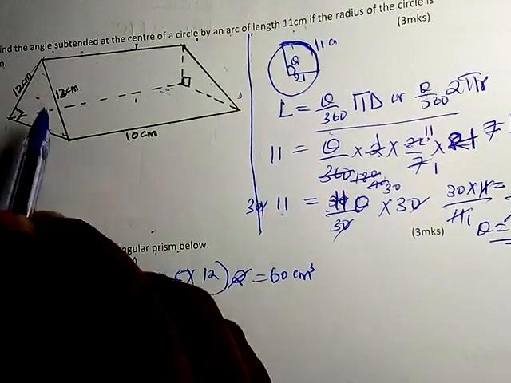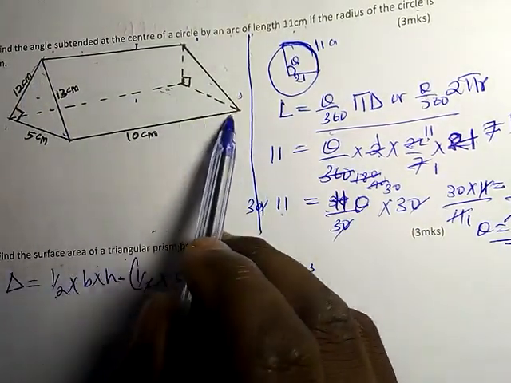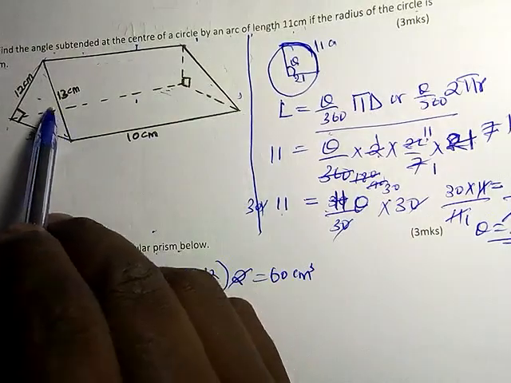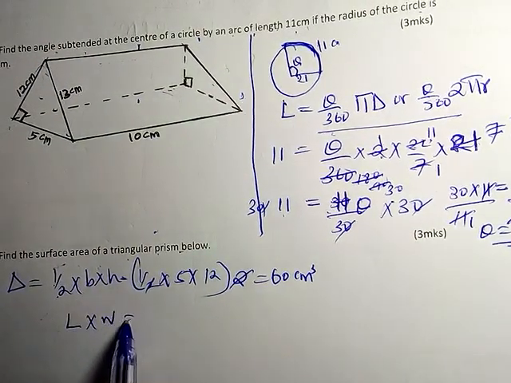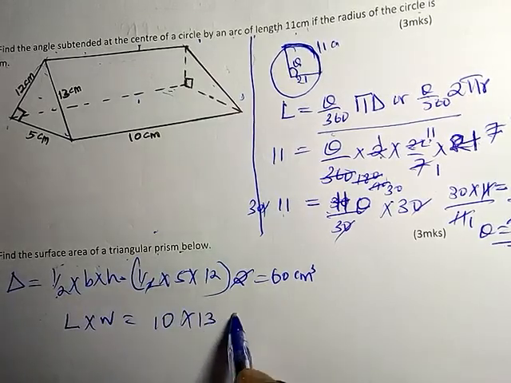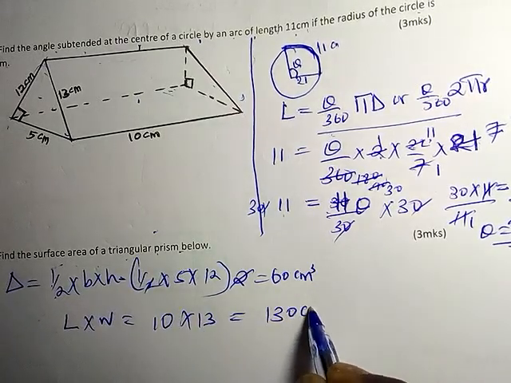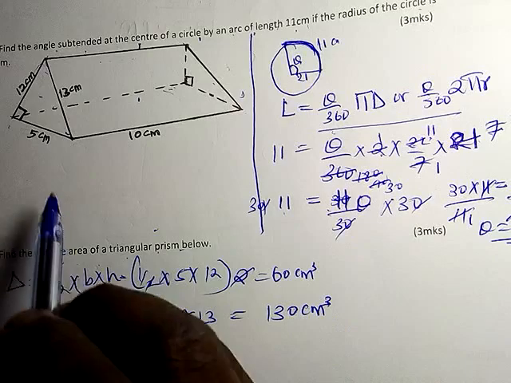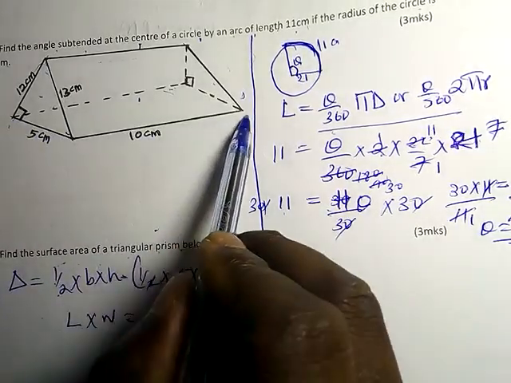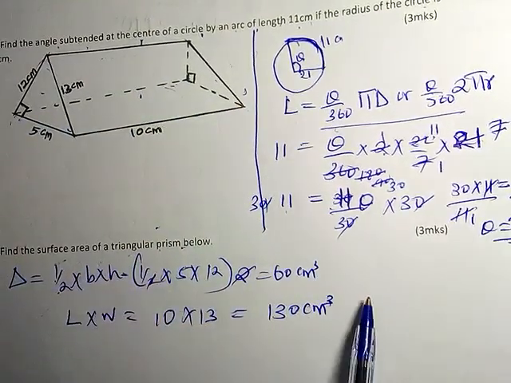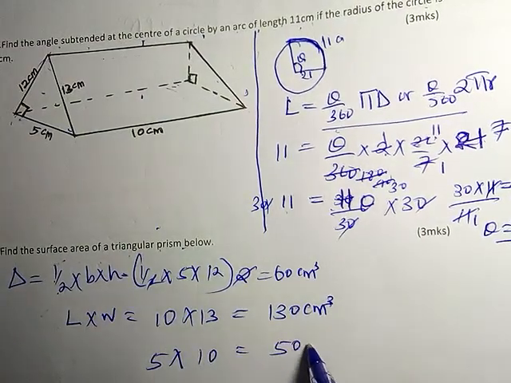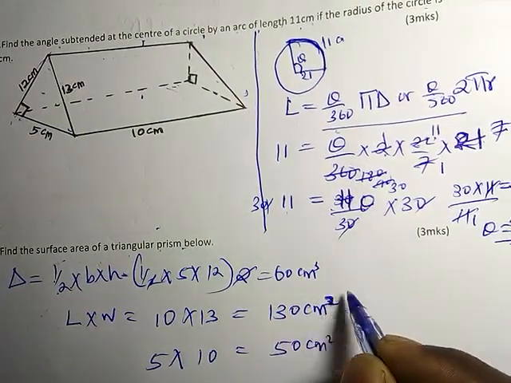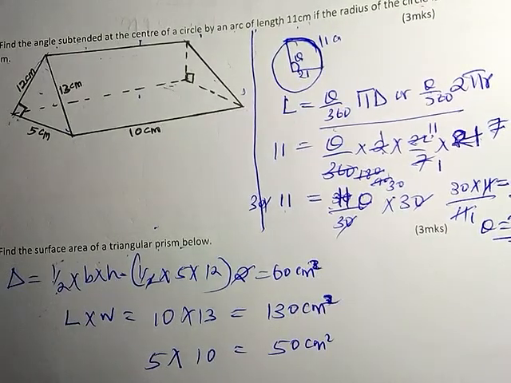Let us go to the rectangle. This rectangle here, this is 10 and this is 13. We know the area of a rectangle is length times width. So 10 times 13 will give us 130 centimeters squared. Now we look at the rectangle at the base, right? Which is 5 times 10, and the answer is 50 centimeters squared, not cubed, squared. Area is square,